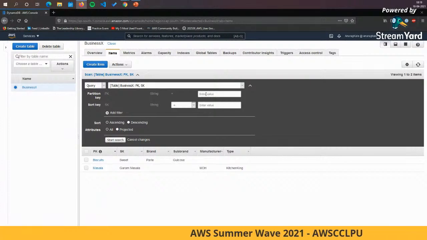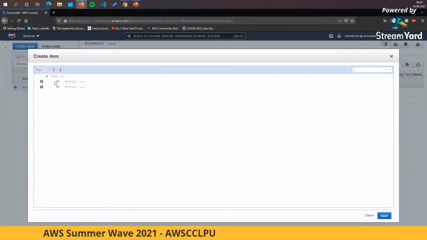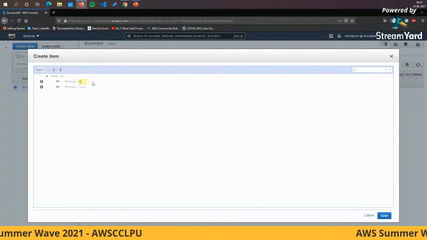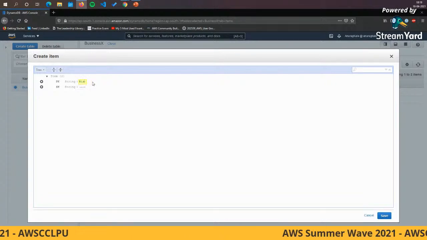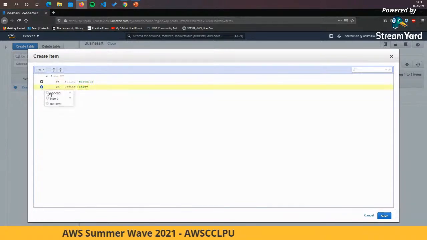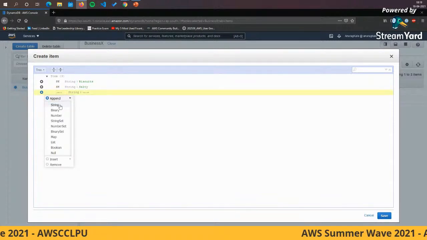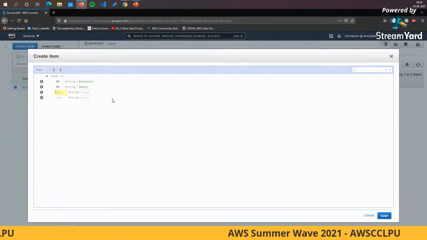Now before going into this, let's try to create another couple of items. I'm going to create another one for biscuits, and instead of sweet, I'm going to say salty. I'm going to append a couple more columns. I'm just adding some data for our demo, so don't worry about it.